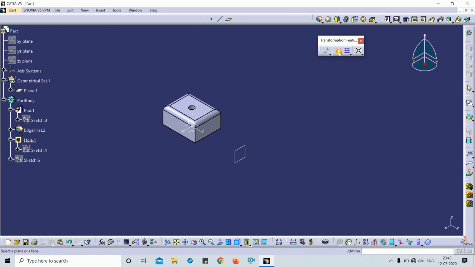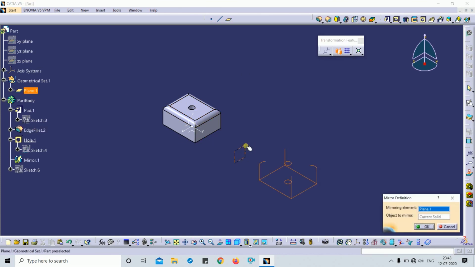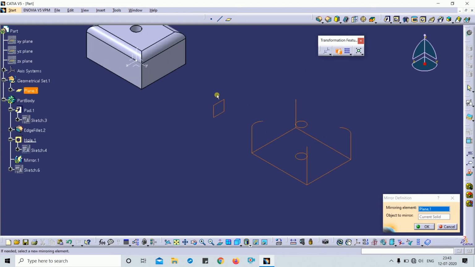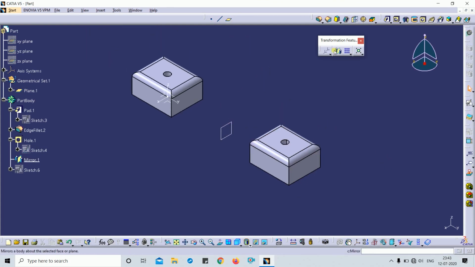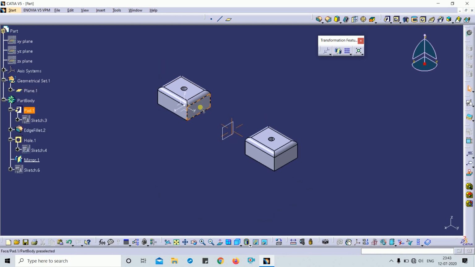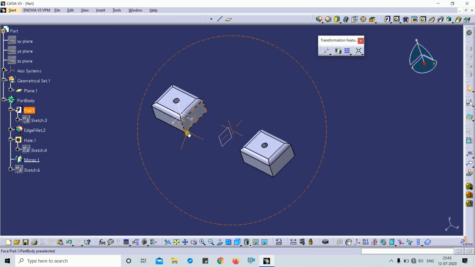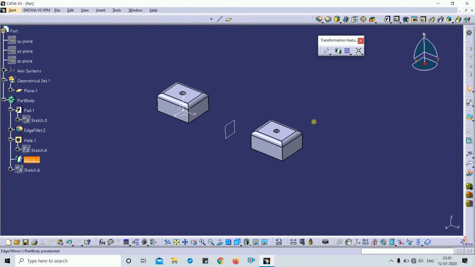For this mirror I just need to select the plane reference element and click OK. For the definition of the mirror, you just select this command and select the reference element. You will get the result. So this is the mirror element.